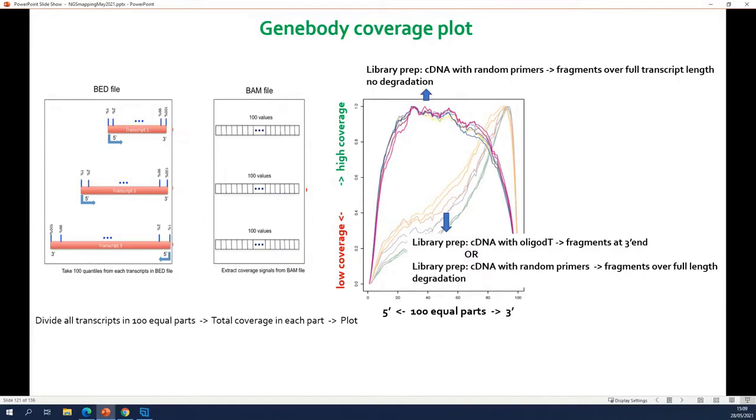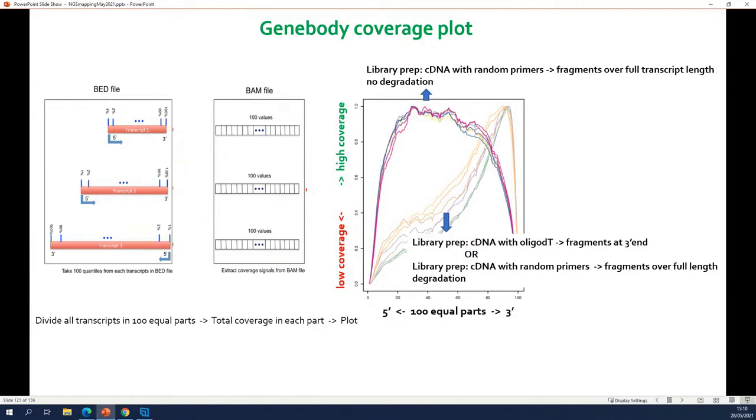Well, degradation of RNA always starts here at the 5' end, because the poly A tail shields the 3' end from degradation. So if you have degradation and you used random primers, you will see this. The same thing that you see when you use oligo-dT primers. Low coverage at the 5' end, because this was degraded, and high coverage at the 3' end, because this is the last part that degrades.